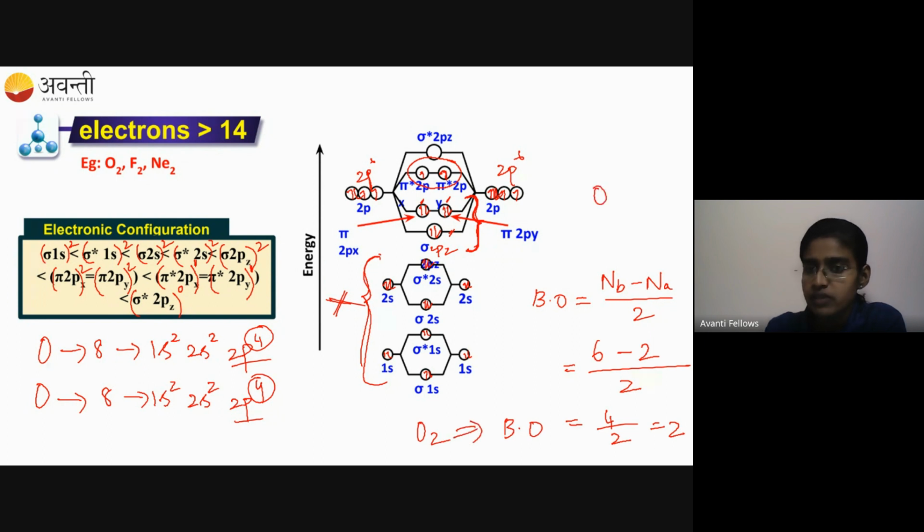So that's why we have a double bond between the 2 oxygen atoms. Number of bonds between the 2 oxygens is 2. Why are we putting 2 bonds between 2 oxygens? Because the bond order is coming out to be 2. So like this, you can get the bond order using the molecular orbital energy level diagram, or you can